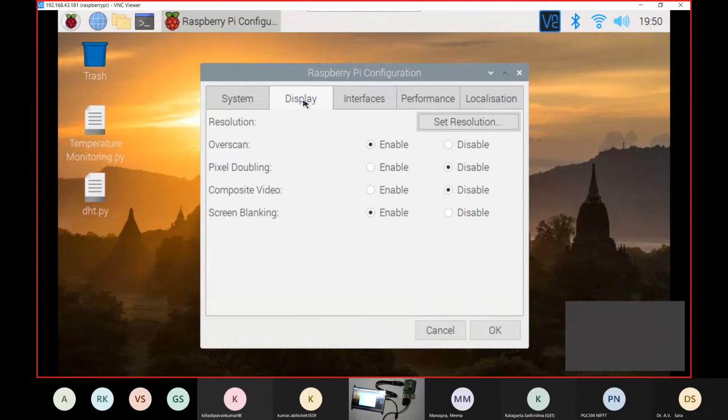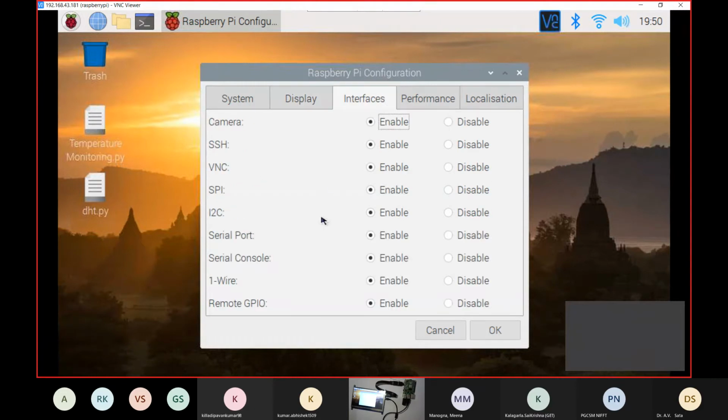There is this screen of interfaces, showing how many interfaces you want to enable on the Raspberry Pi. This one is of particular interest to us because we are using this Raspberry Pi to connect it with the sensor. First there is the camera, SSH, and VNC. VNC is for screen cloning. Then SPI, serial peripheral interface. If you want to connect it with a sensor, this will enable or disable the connection with the sensor. If you are using any SPI pin, it will show that.